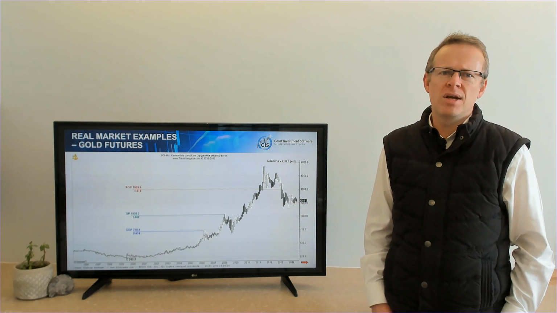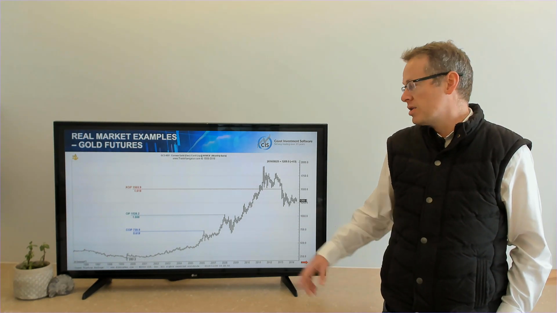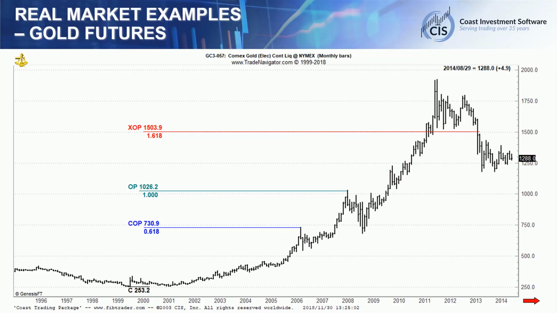Now Joe mentioned that it's either going to turn just short of this level or it's going to blow through and squeeze the shorts out. The reason for that is once a number becomes well advertised, and as Joe said, these levels were advertised back in 2002 and the market just did 2 tremendous corrections from the COP and OP. Now when too many traders get involved in a level, the market's got a way of making sure that only a few make money. So you can see clearly the blowout we did where the market blasted through the XOP,